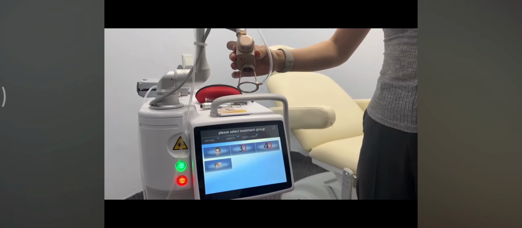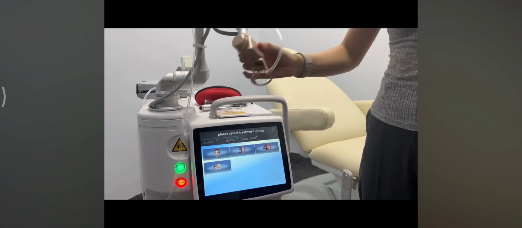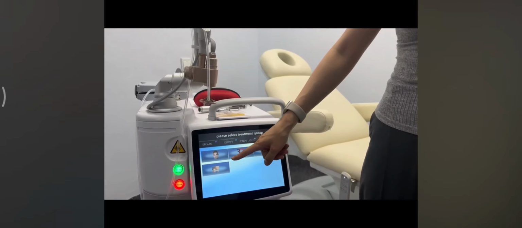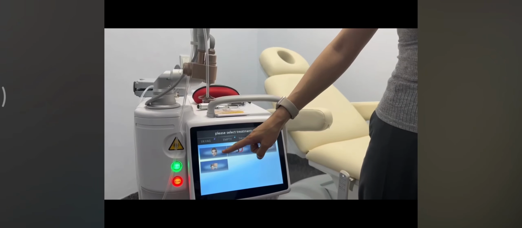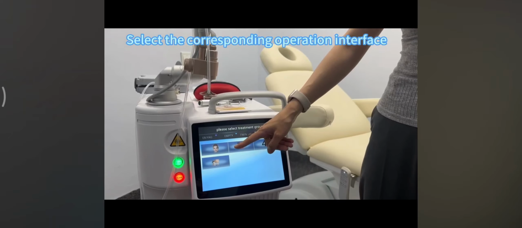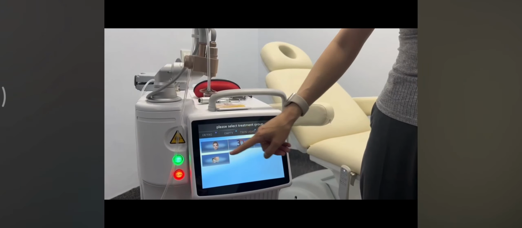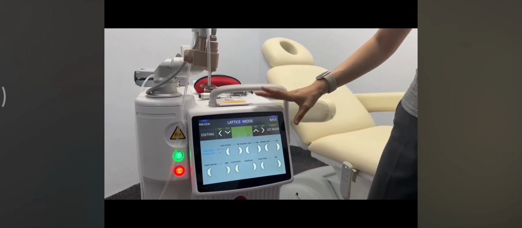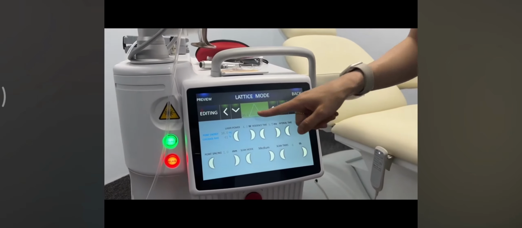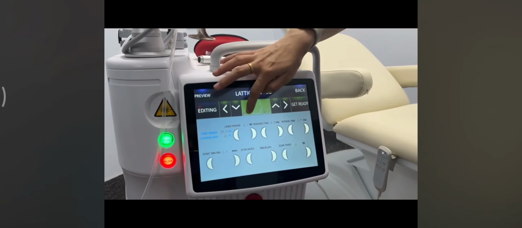Machinery equipped with CO2 skin refreshing working property, which is this one. So we are going to use the first function of the main interface, which is this one. To do the skin refreshing and the acne treatment, we are going to use this one. Okay, so here is the main interface of this working property, and as you can see, there are different shapes